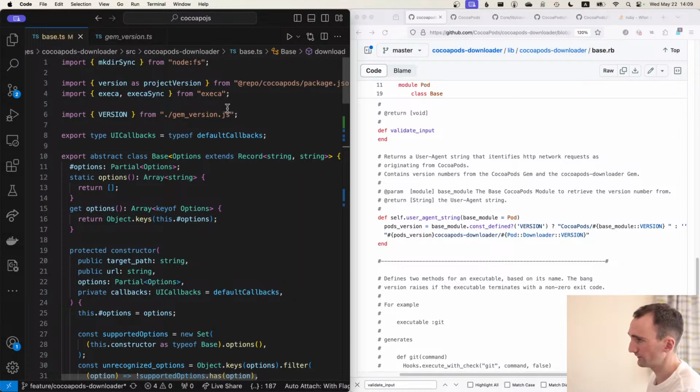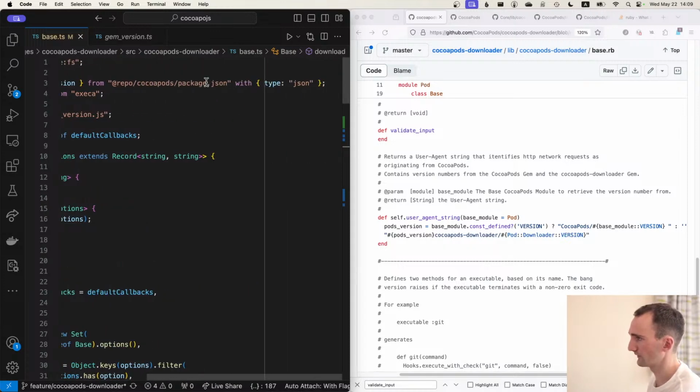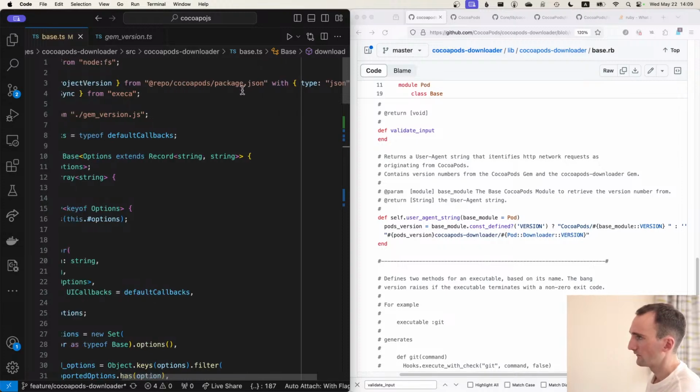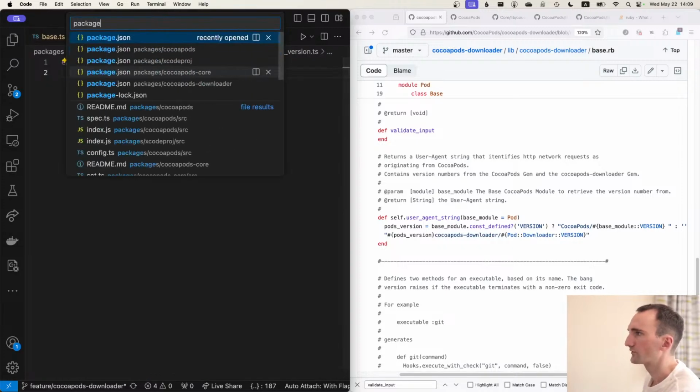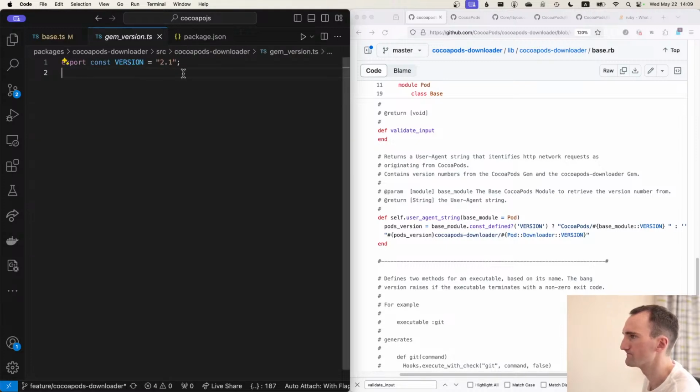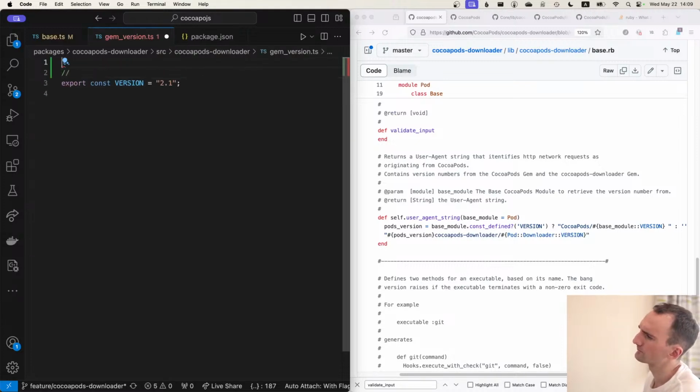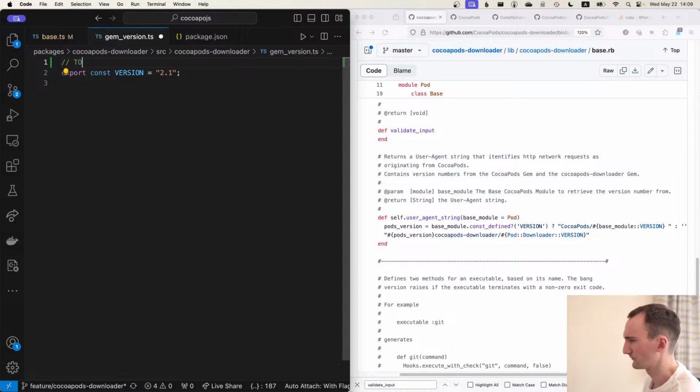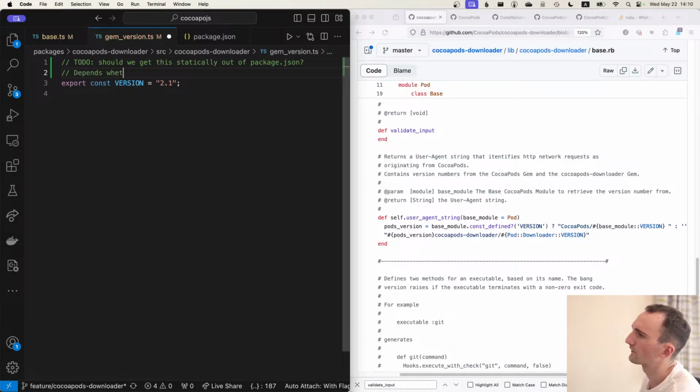Alternatively, we could grab the project version out of a package, which is probably what we should do, actually. Depends whether we're trying to match the